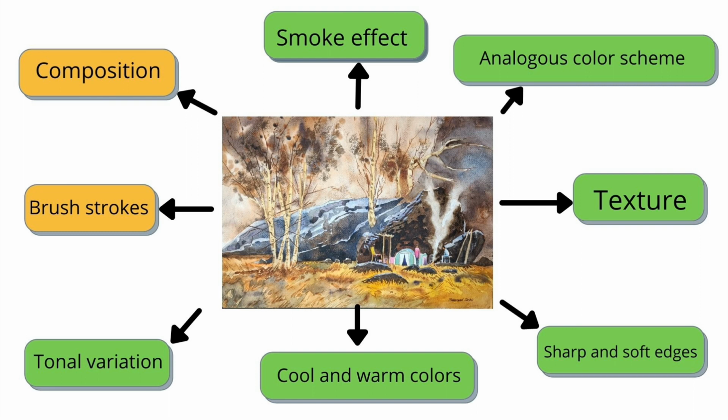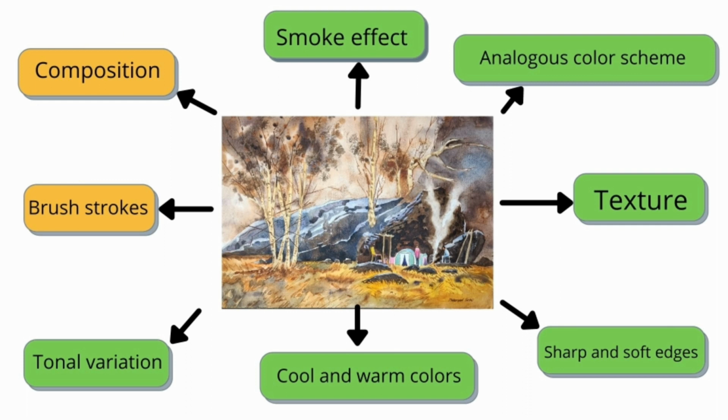Let us call this a chart, and this is pretty important in order to make the most of this video. So we'll refer to this chart quite often during this video. We'll move from top clockwise. In this video, I've explained 6 points you can see on the screen with green background and 2 points with a yellow one. The points with yellow background are for you to observe yourselves.